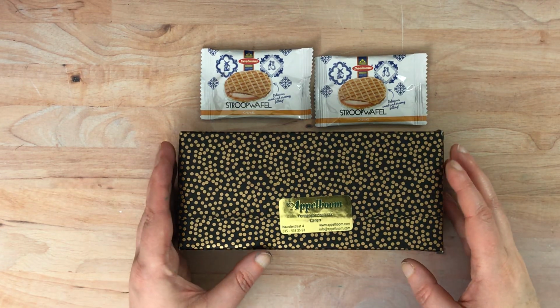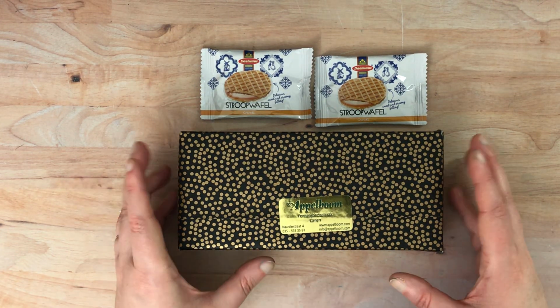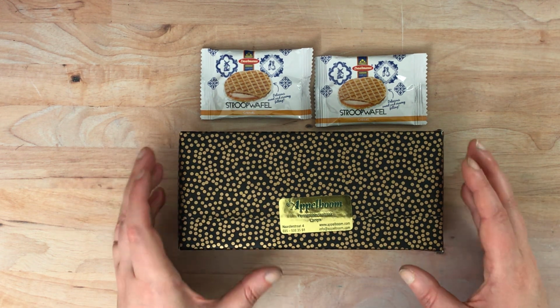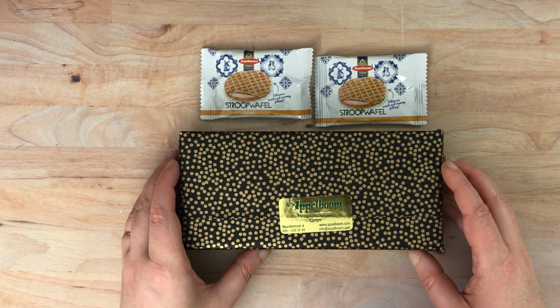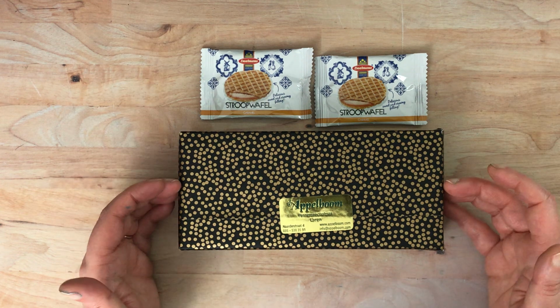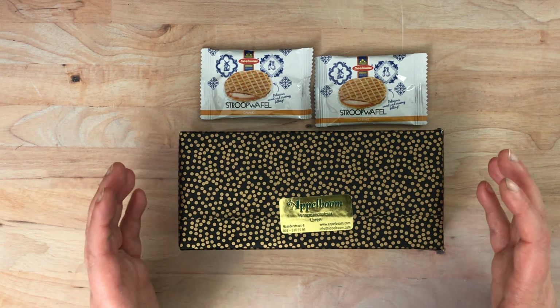Hi again, everyone. I am here today with a little unboxing from Appelboom. At least I think that's how you say the shop's name. It is a pen shop in the Netherlands. I have never purchased from them before, but this particular pen was on my radar for a little while, and